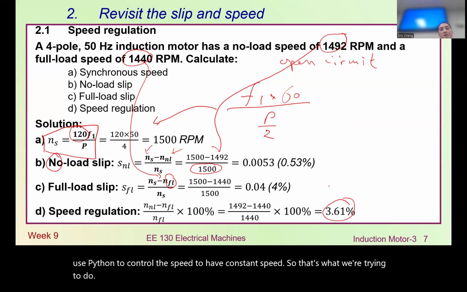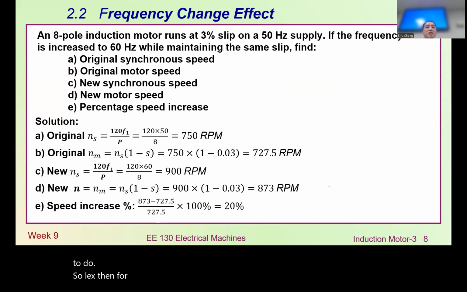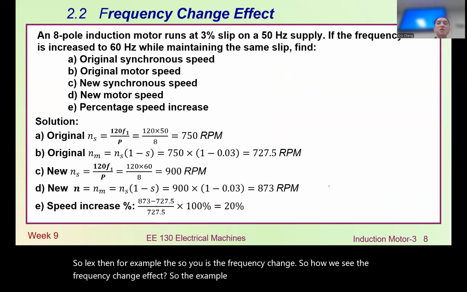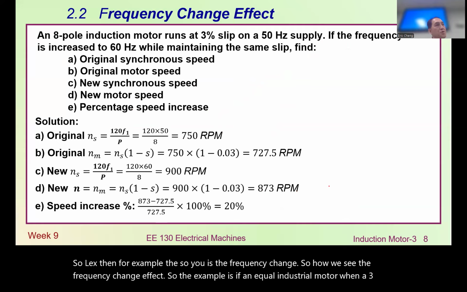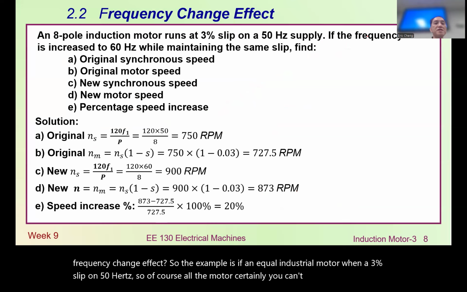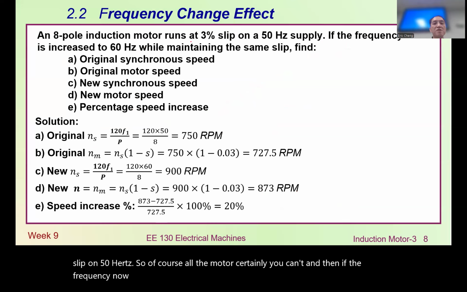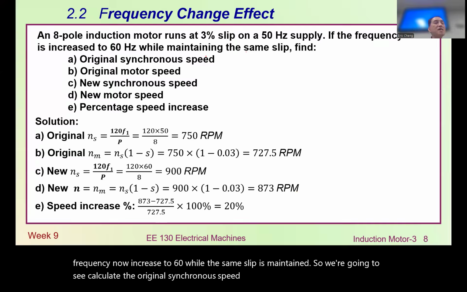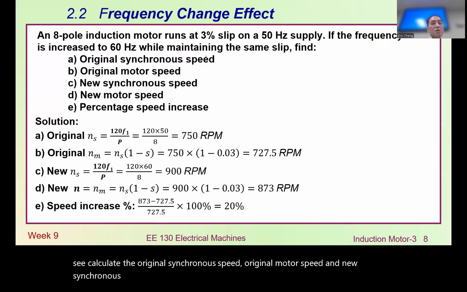So next, the example to show you is the frequency change. So how do we see the frequency change effect? The example is an 8-pole induction motor running at 3% slip on 50 Hertz. Of course, all motors have a certain slip. And then the frequency is now increased to 60, while the same slip is maintained. So we're going to calculate the original synchronous speed, original motor speed, new synchronous speed, new motor speed, and